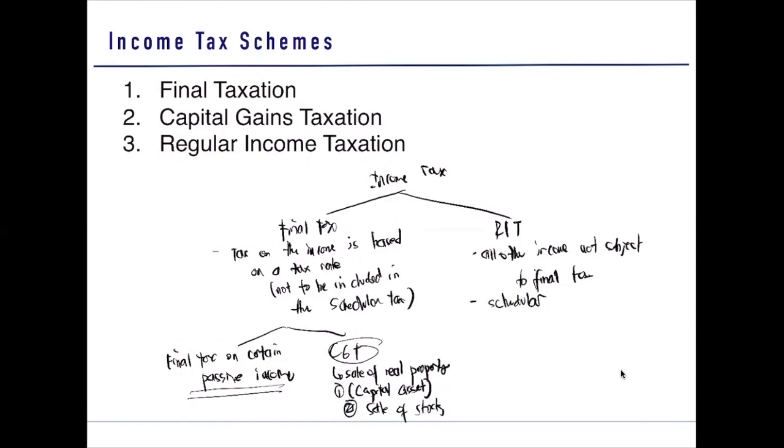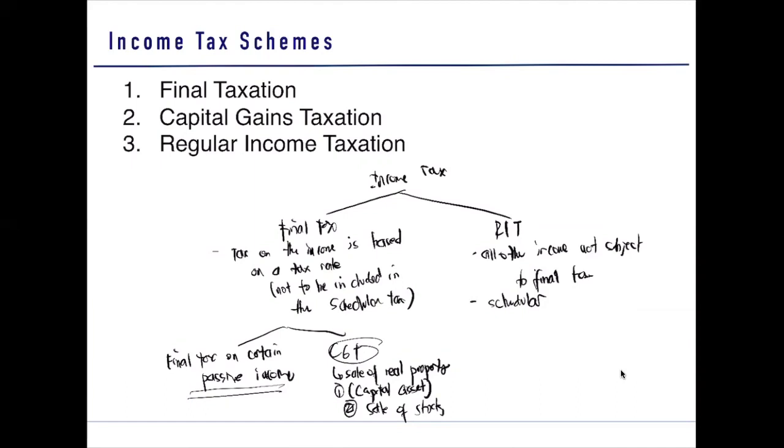Para pag nagbigay tayo ng comprehensive problem sa RIT, alam na natin, oy, ito na final tax na to. Ay, ito na CGT to. Therefore, hindi ko na to isasama sa pag-compute using the tax table. Okay? So, iba yung pag-tax ko dito. Paano ko to itatax ulit? Merong certain percentage ang gagamitin dyan. Pwedeng 6%, pwedeng 10%, pwedeng 20%, pwedeng 15%. So, provided lahat yan sa law. Okay? So, dapat alam natin. Pag na-subject na sa final tax, hindi isasama sa RIT. Pag hindi na subject sa final tax, isasama sa RIT. Okay? So, income tax scheme.